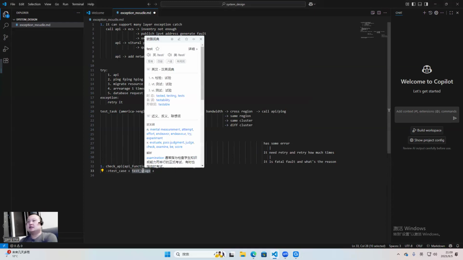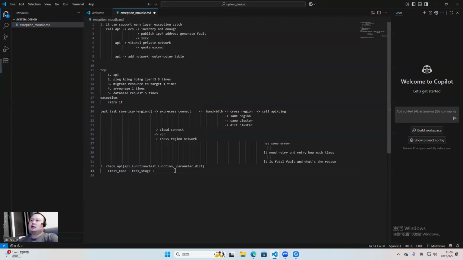Does this stage build the network topology, destroy the network topology, or is it the test stage? Okay, and the next was a test step